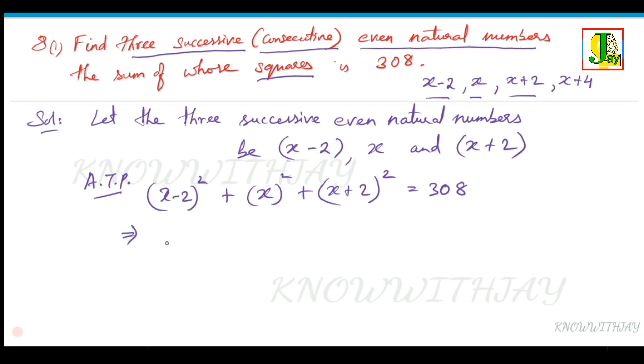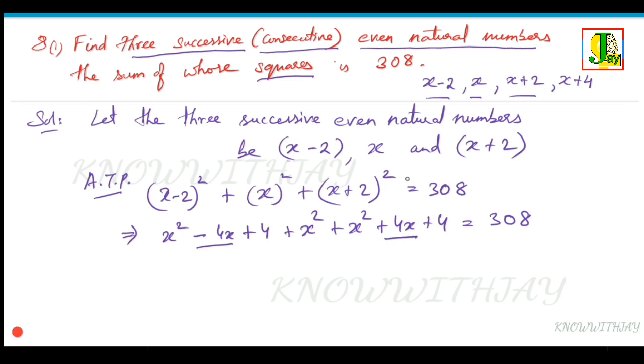If you open the brackets, you get x square minus 4x plus 4 plus x square plus x square plus 4x plus 4 equals 308. Now you can see that minus 4x and plus 4x cancel. It cancels to 0. If you take x plus 4 instead of x minus 2, you would have got some x terms here, and this is much easier than solving a quadratic equation like that. So you have 3x square,